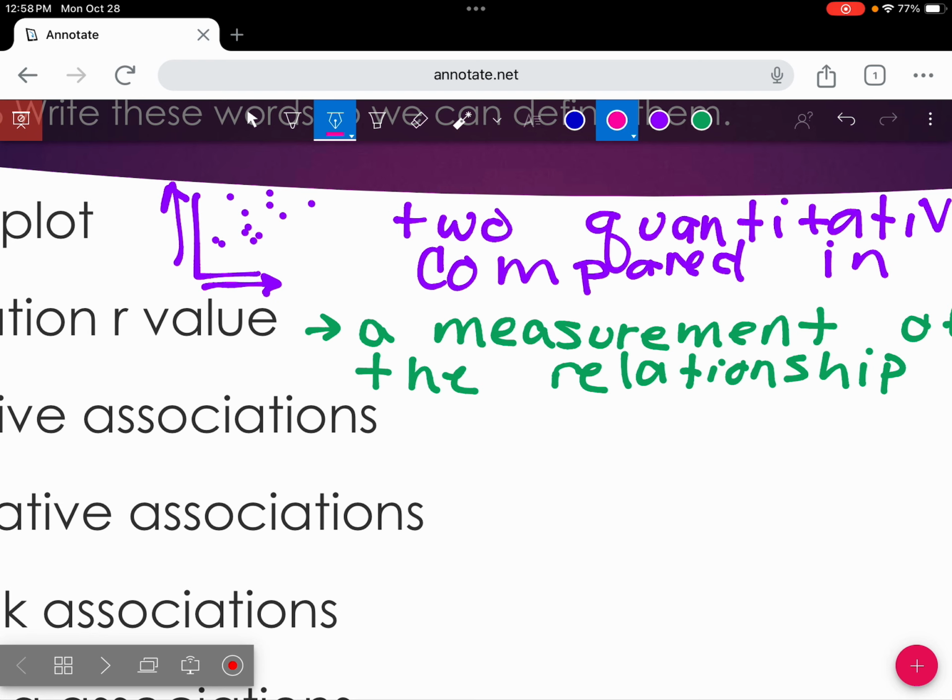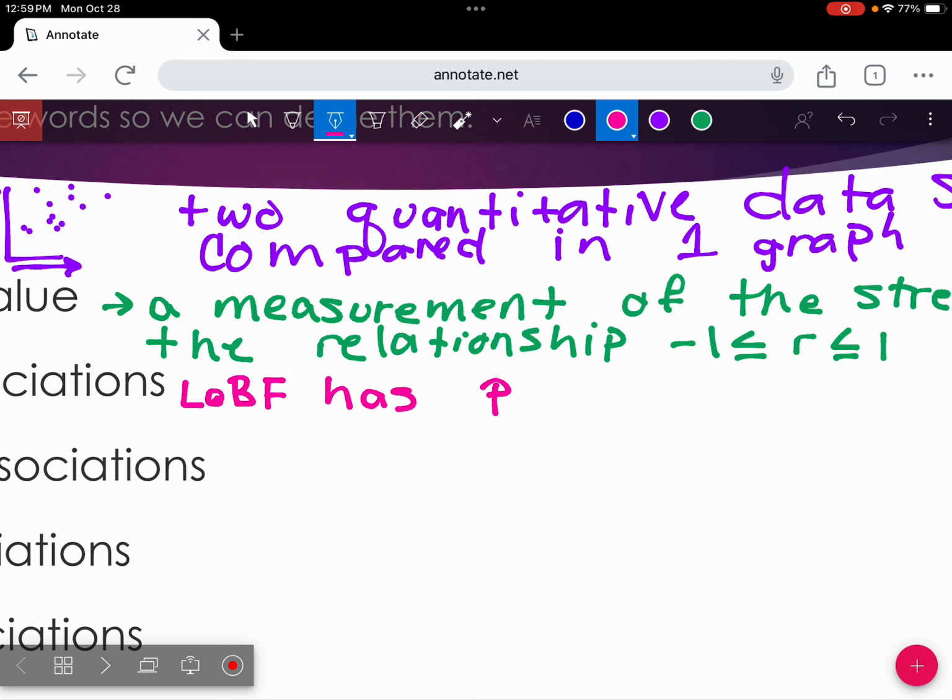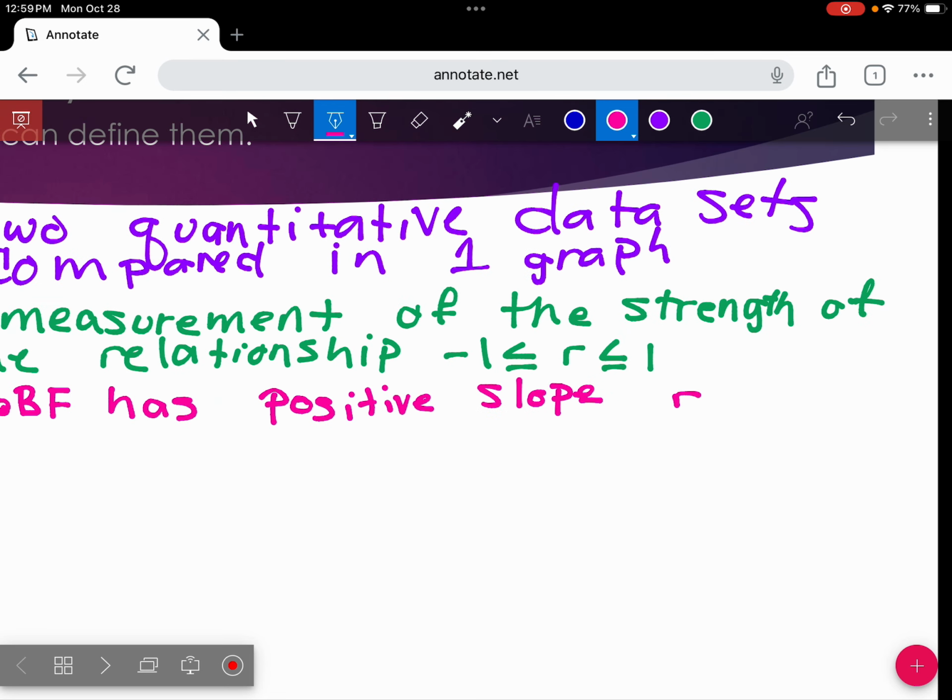So a positive association would be that our line of best fit, which I'm just going to call LOBF, will have a positive slope. So our correlation is a positive correlation. And our R values are going to be greater than 0. So we will have a positive R value. It'll still be less than 1, but if it's more than 0 and less than 1,